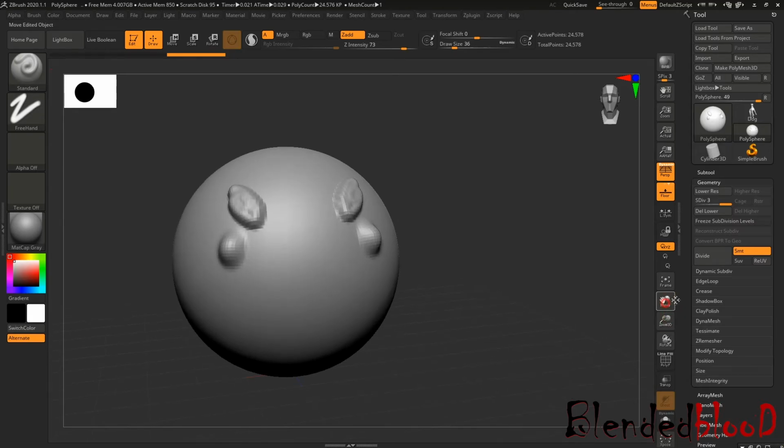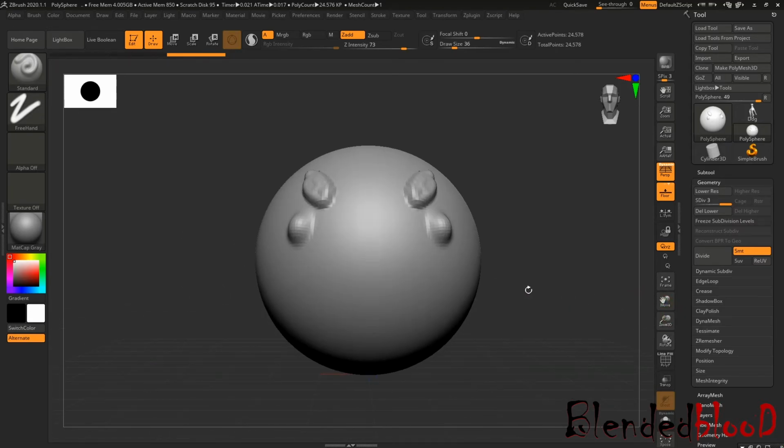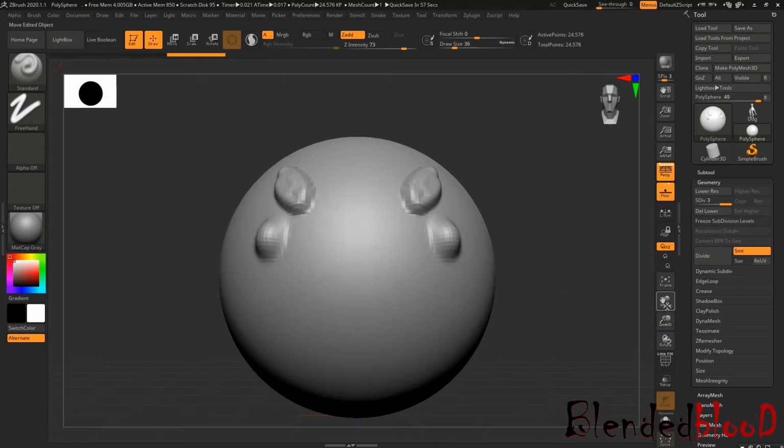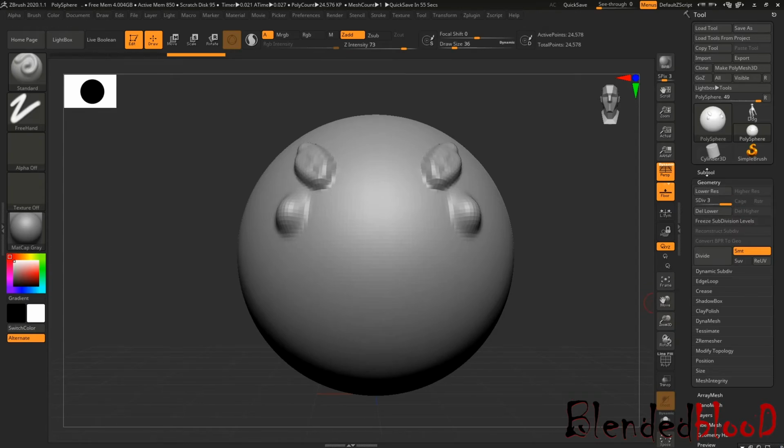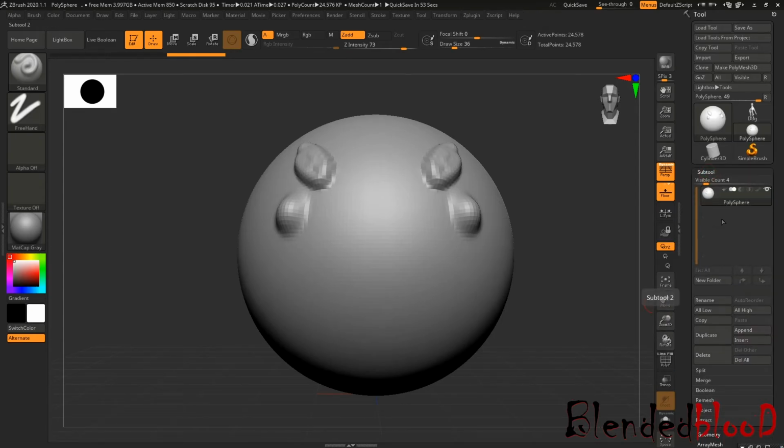The tools and options which I just discussed will be very helpful for you. Come to subtool. If you notice, this is your layer. For example, if you're working with Maya, you get the channel box in the right corner of your software. If you're working with Max, you get the layer in the left corner.